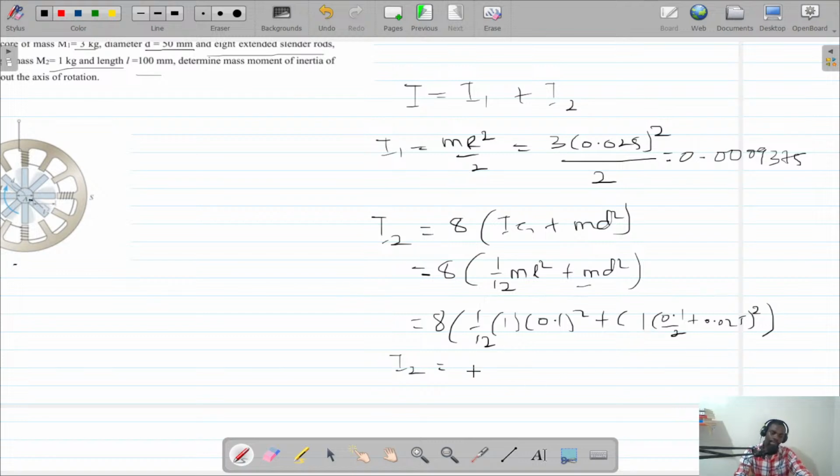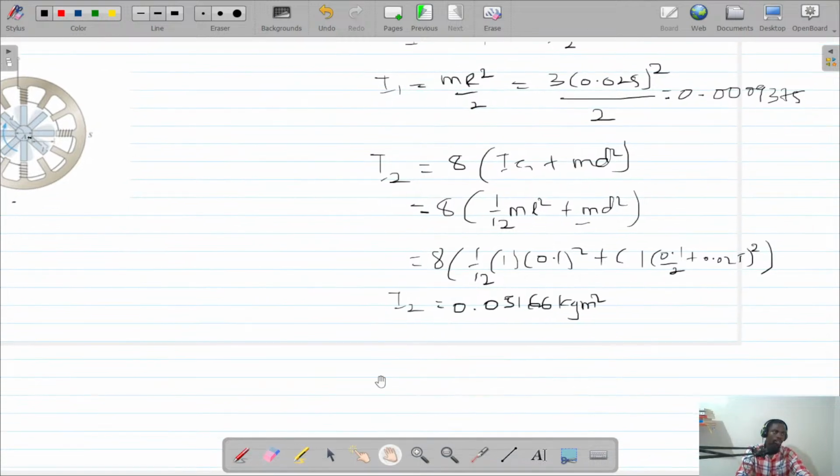Okay, so I'm getting 0.05166 kilogram meter squared. So our I will be 0.0009375 plus 0.05166, and that will be